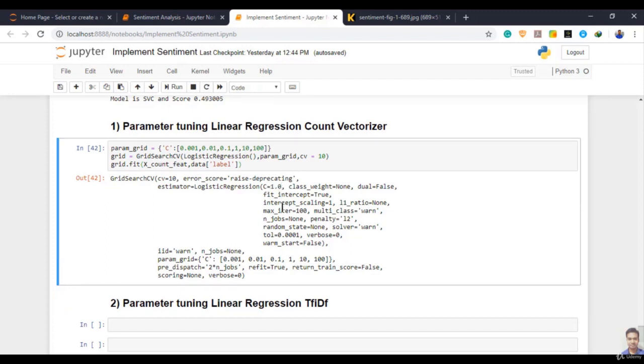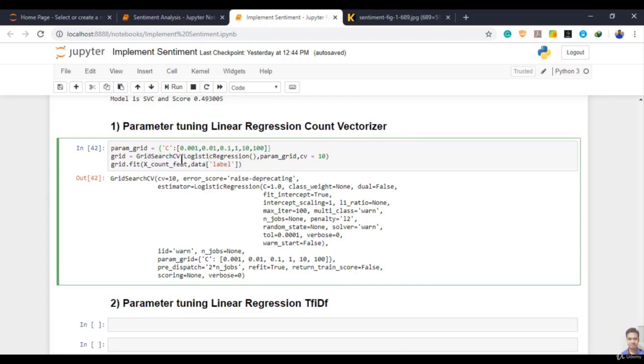So for C equal to 1, we are getting a better accuracy. Right now we are comparing only the value of C. You can check the logistic regression documentation and fill in other hyperparameters with different values,